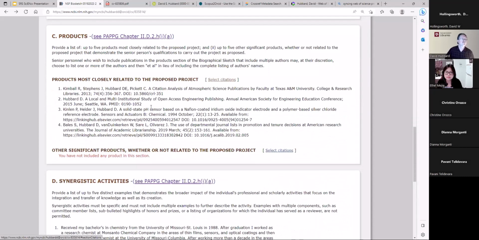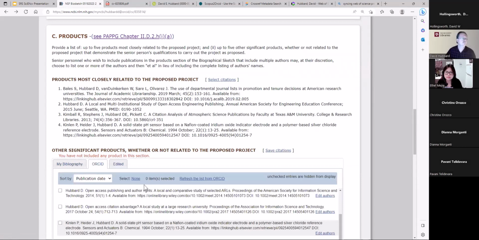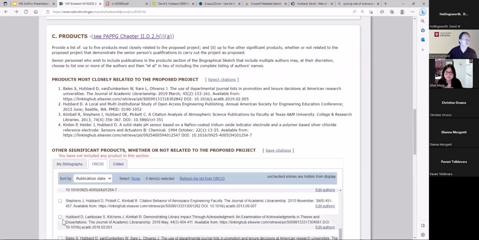They loaded those up. Now these, unlike the NIH form, you can move these around. So if I wanted a different type of sort, let's say I wanted alphabetical, I can grab these and move these around a little bit. And then select these other significant products. And so these could be